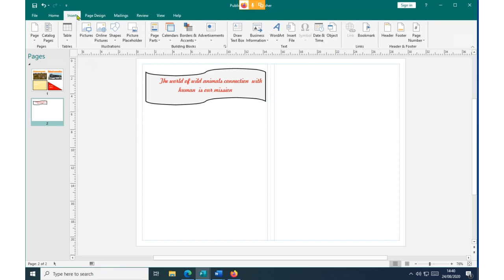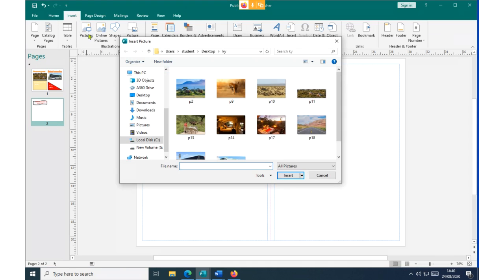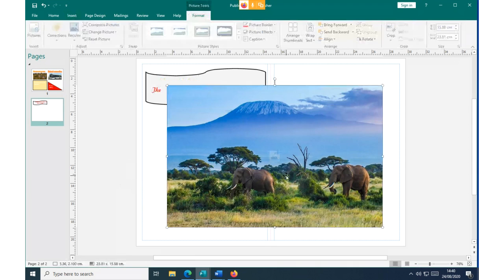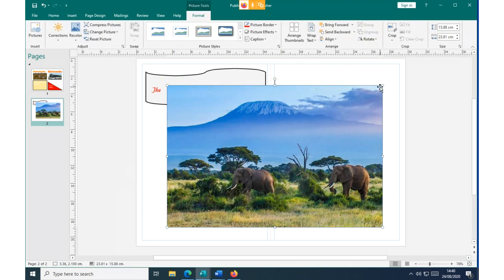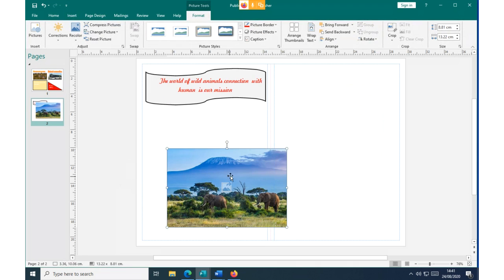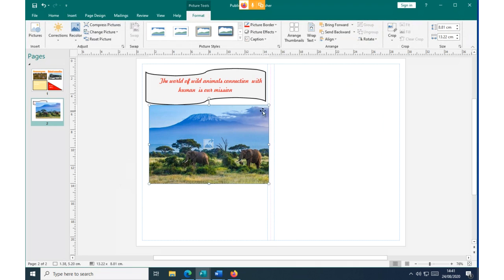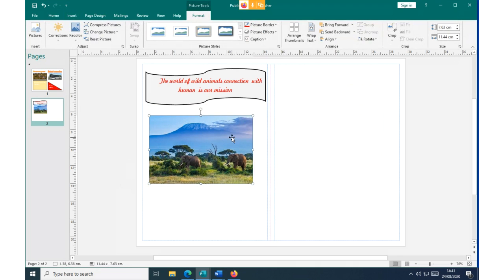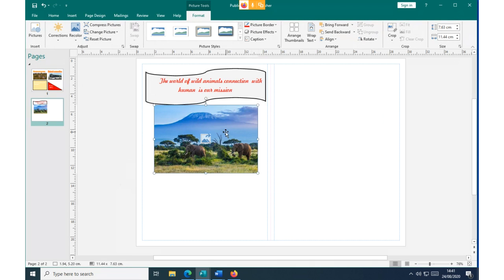Click on the Picture command, and since we are talking about animals, we pick another picture for animals, like P2, and insert. You see the picture is very big. We reduce it from an angle, and reduce it again to the level we think is okay, and then we place it there.